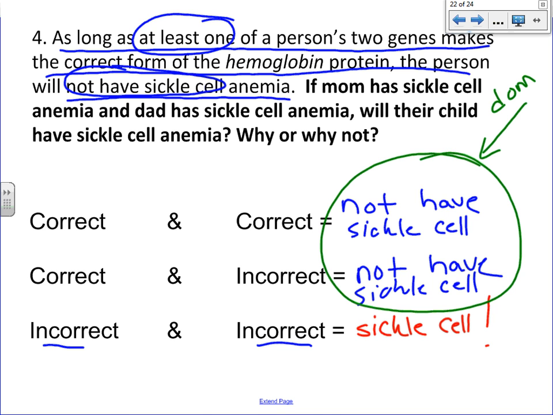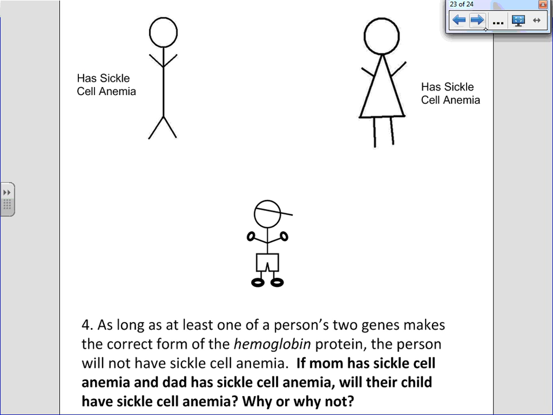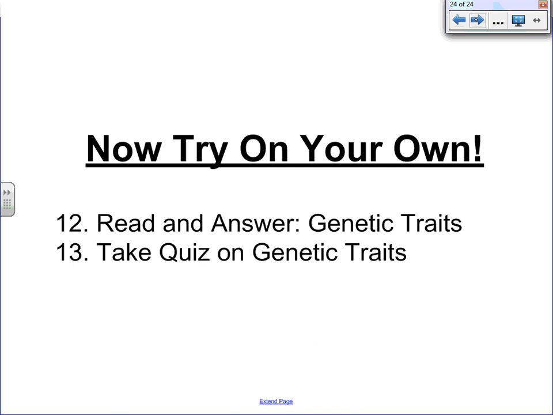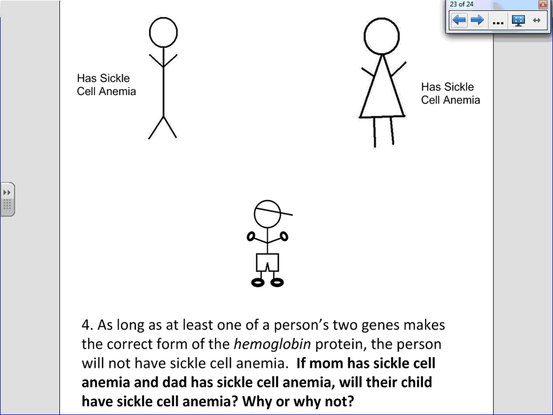Now, you might be asking yourself, why do we go through all this? Well, in order to answer this question, we actually need this information. So here's the same question, and here's, let's call him Marco in this case. All right, Marco has two parents. In this case, we see that dad has sickle cell anemia and mom has sickle cell anemia. Since we learned here that having sickle cell anemia is the recessive form, the only way to get the recessive form is to have two recessive traits,